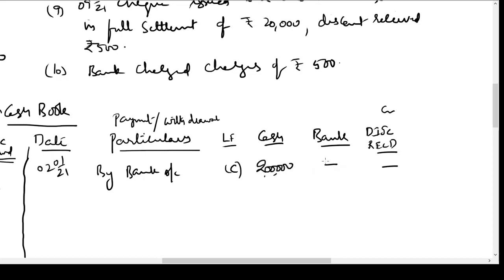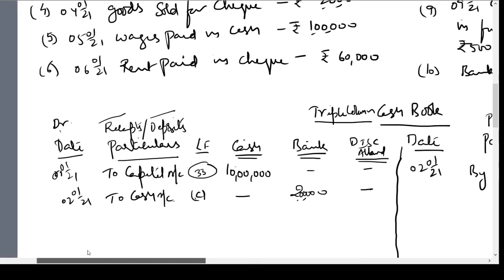So we have written it in the cash column. That is how we record the transaction. Next,